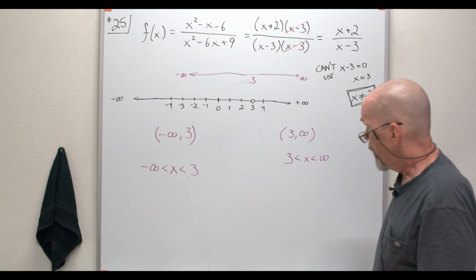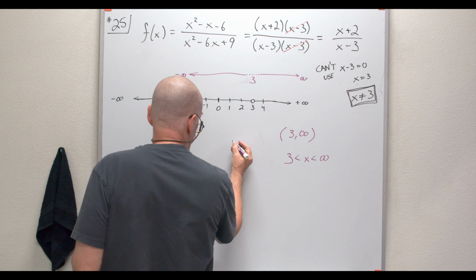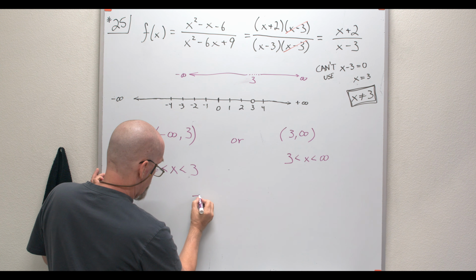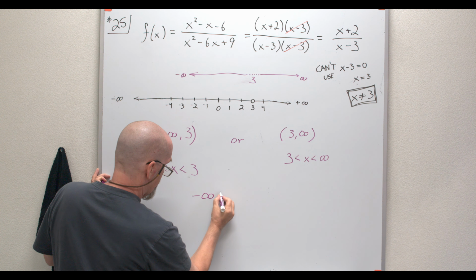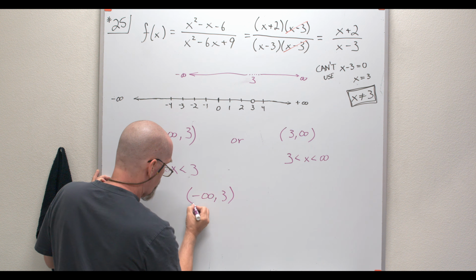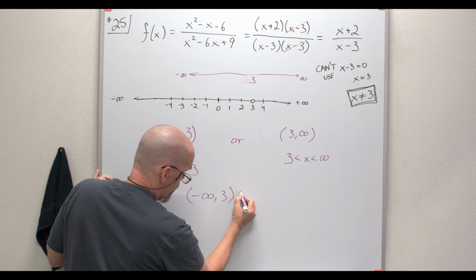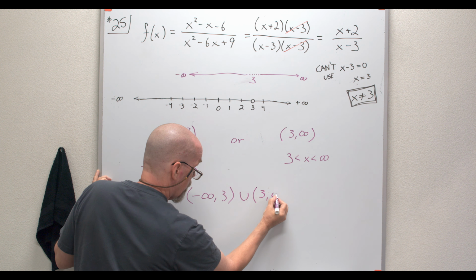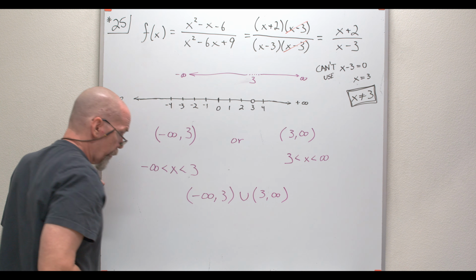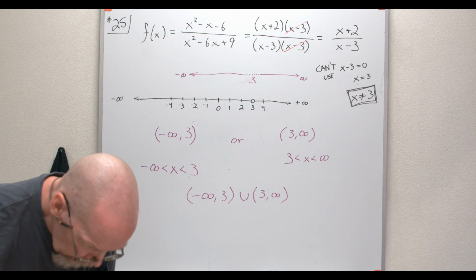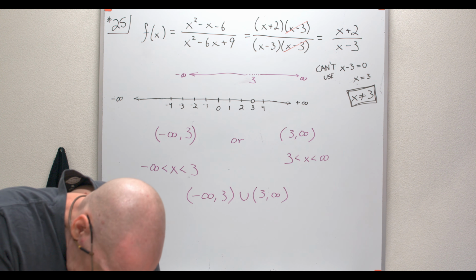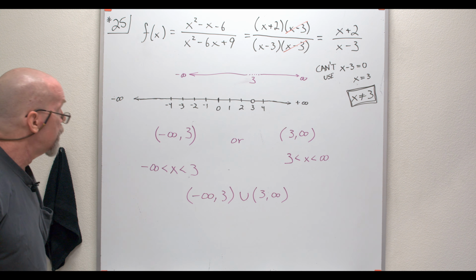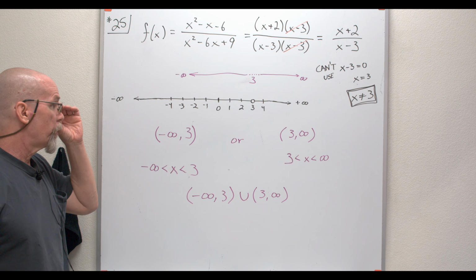So these things are what we'd pull together. I can put them with the word or, but we'd probably pull it together or write them a little more closely. Negative infinity, comma 3. Either the word or a union symbol. I believe they use the union symbols. We're going to look for one of those. That looks like answer choice B. So that is B. I'm going to do one more because I